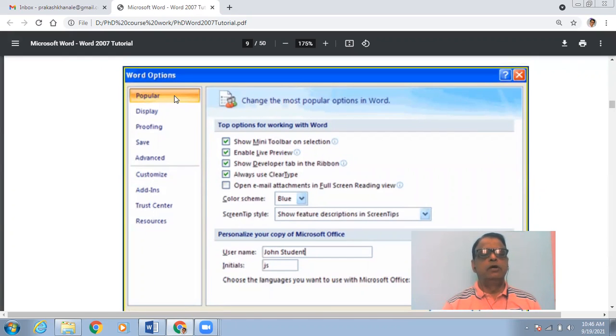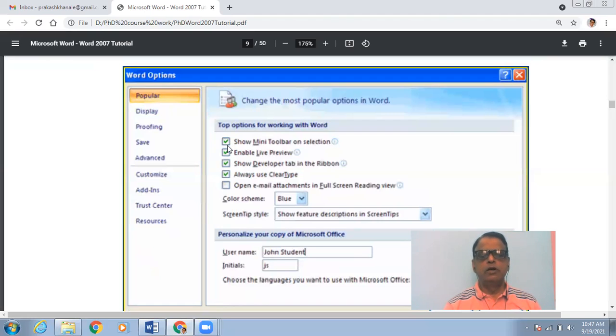When you access the Popular or General Word option, this screen will open. In this screen, one can easily observe that there are different options available for working with Word. Whether you want to show the mini toolbar, or have a live preview, or show the developer tab in the ribbon, you can click on these check boxes, and whenever you click on one, it will be on.